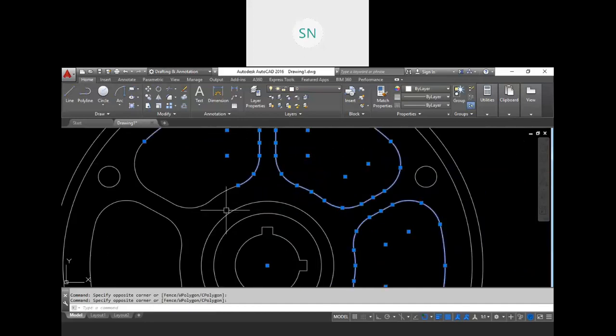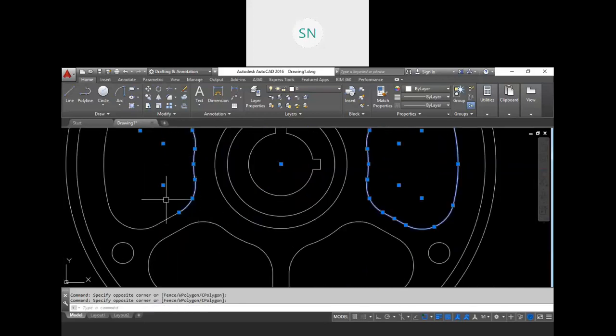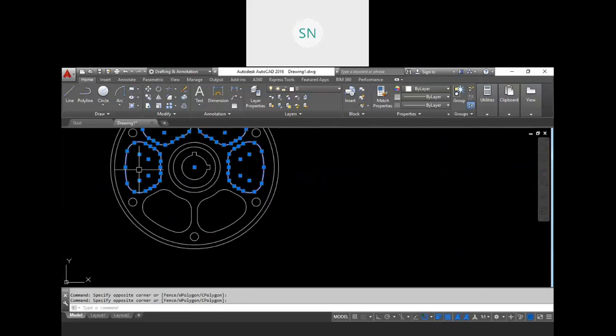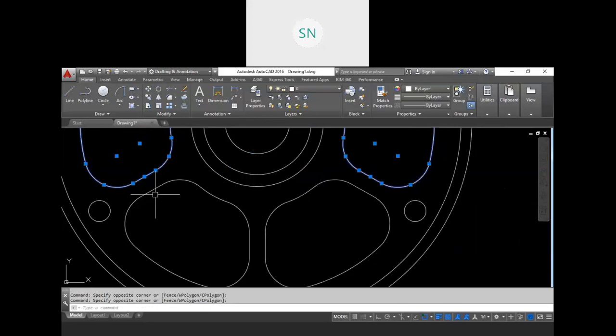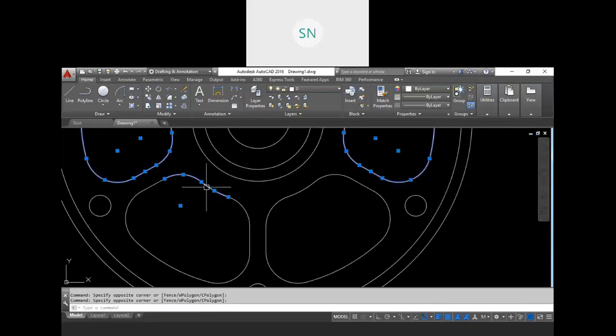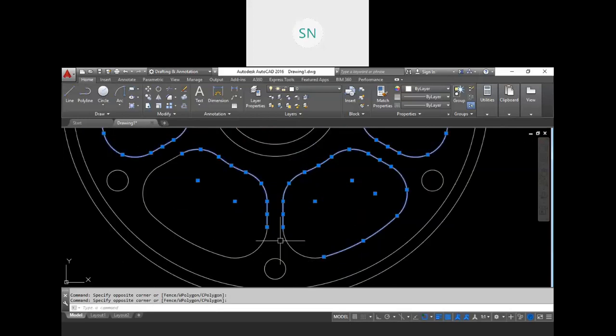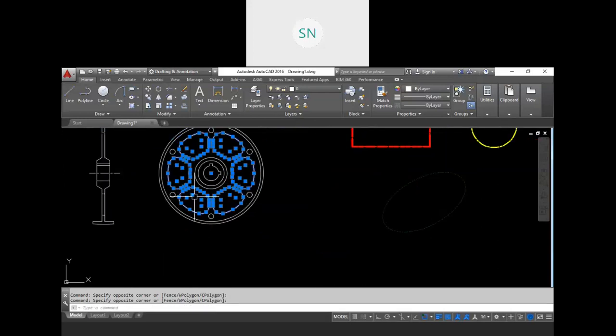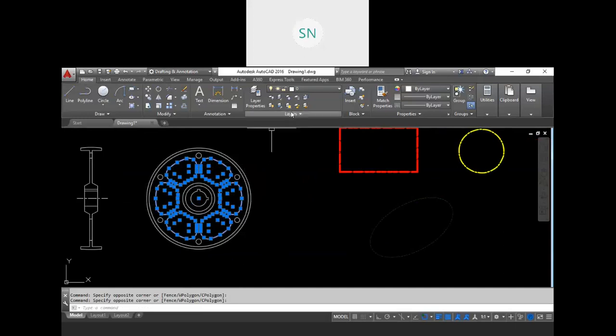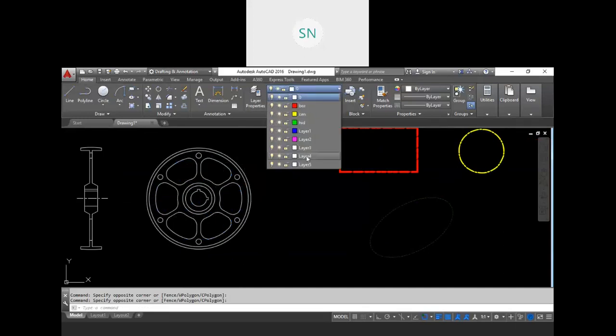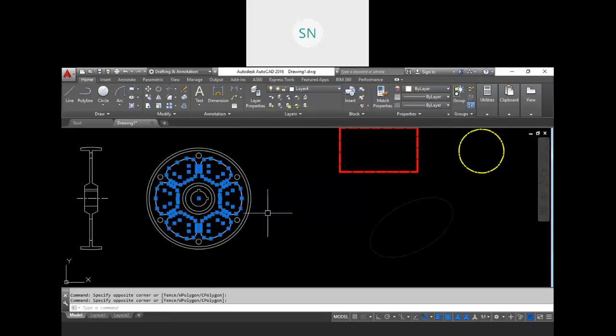So I am assigning this because it has so many benefits. See, our drawing will be as it is, but you have so much control. For example, I am just showing you this. For this selection, we want layer number 4, right?